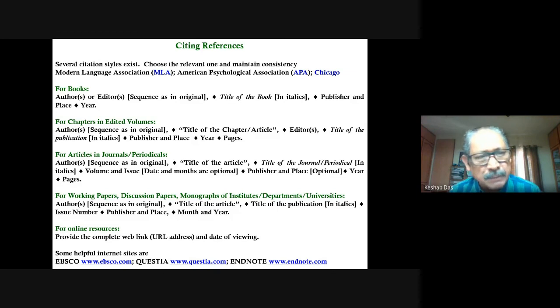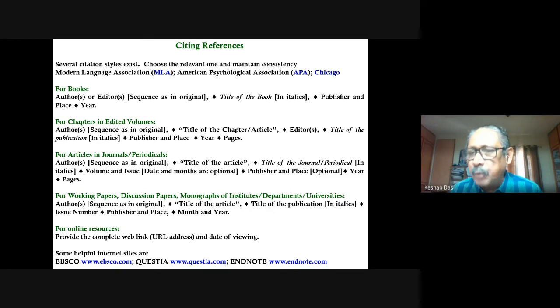There are some ways by which you need to have a consistent referencing style. There are several different styles. Very commonly used in many of the social science journals is the APA style, which is usually followed, but there are several others, as I have mentioned. You get the latest versions on the website. Despite the differences in styles, whatever style you are following for referencing, please maintain consistency, and do not miss out on, let's say, number of pages, the year of publication, and do not forget the titles of the volume: if it is a report, its title; a journal article, then the journal's title; if it's a book, the book's title, etc. So make sure that they are in italics,